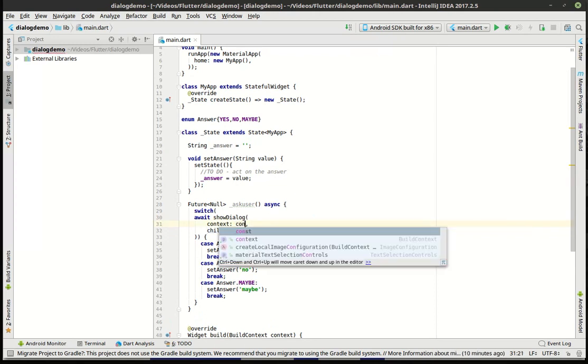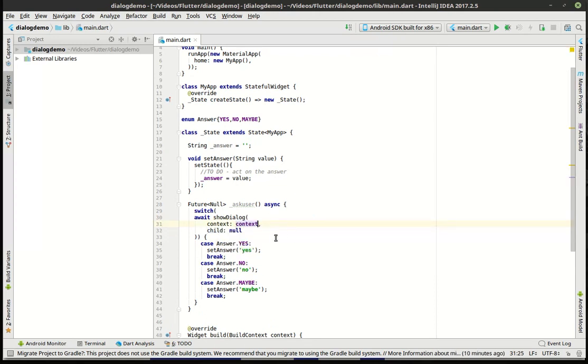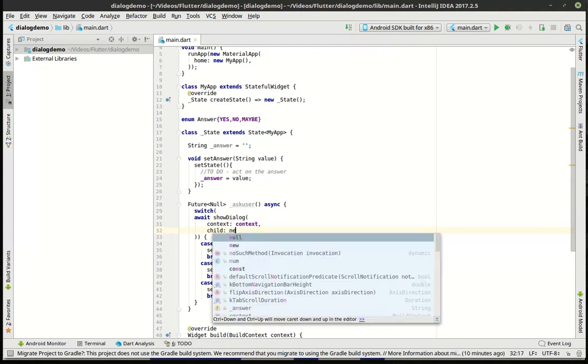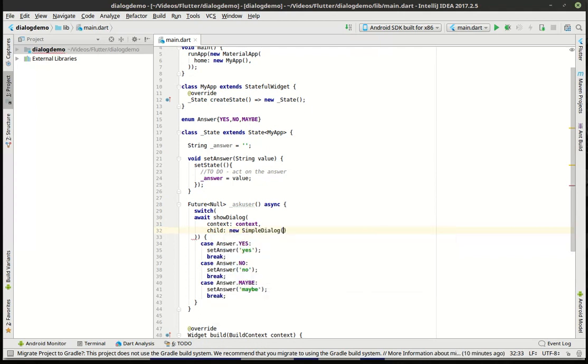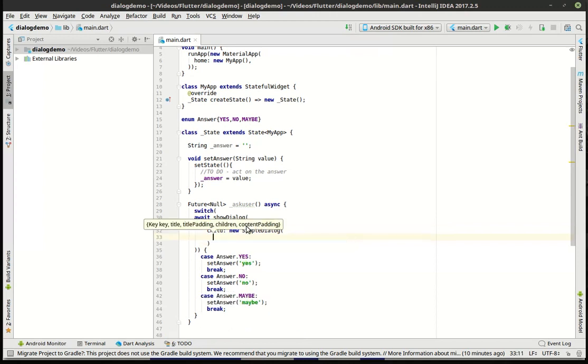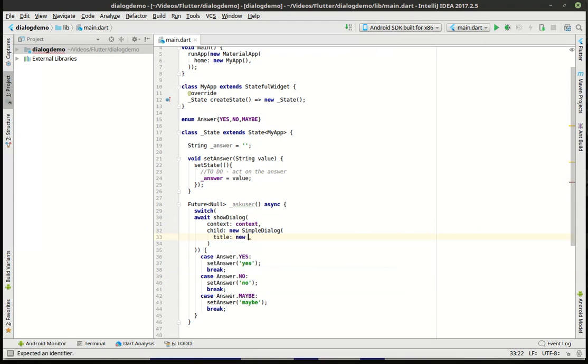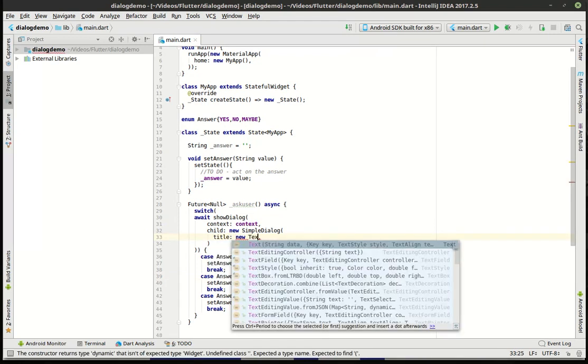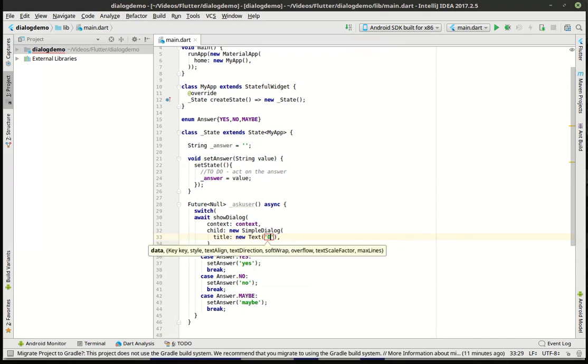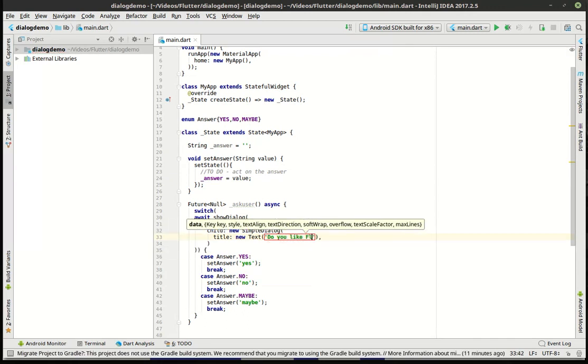So the context is just going to be the current context. And the child, we're going to show a new simple dialog. And the simple dialog has got a few properties. And what we're going to do is we're going to say the title and children. So title: Do you like Flutter? And for the children,